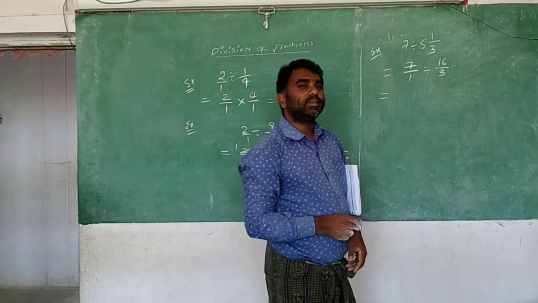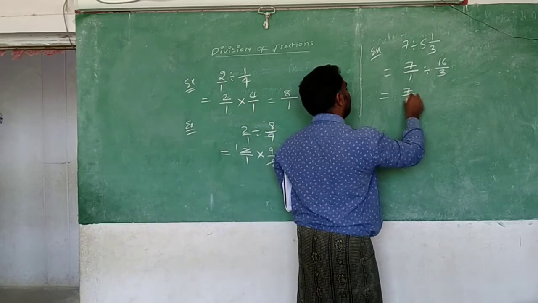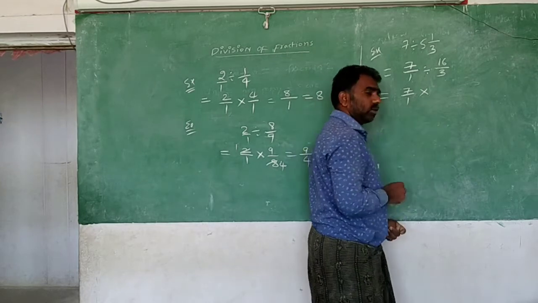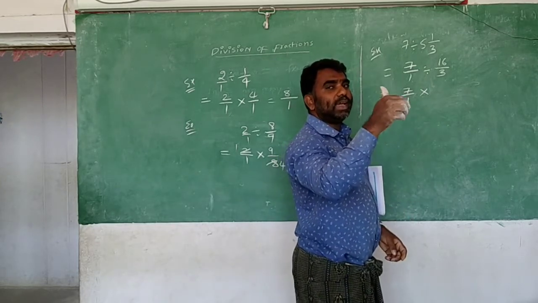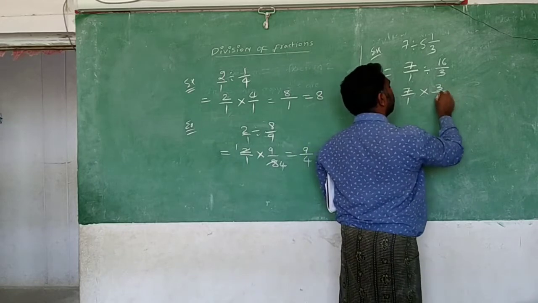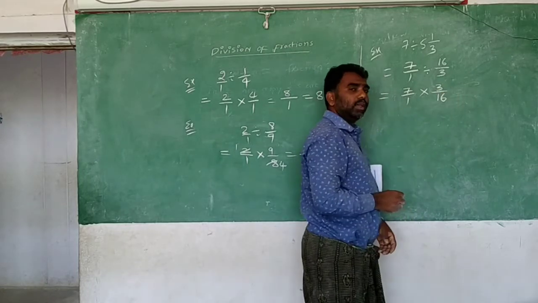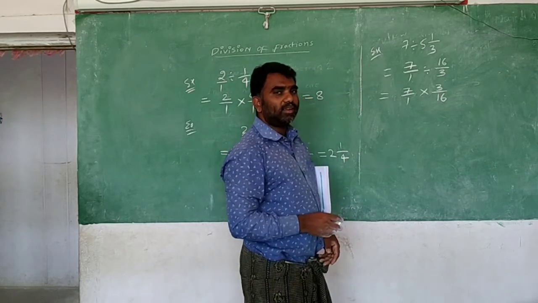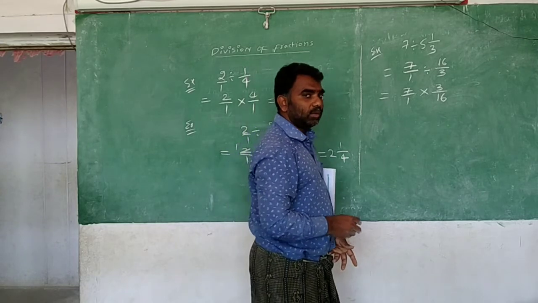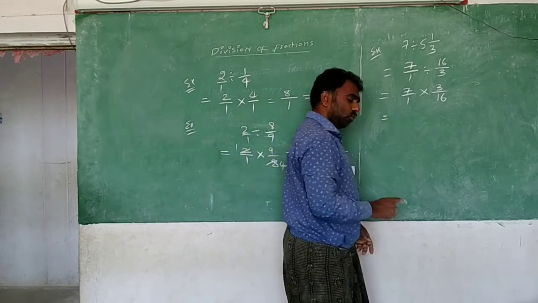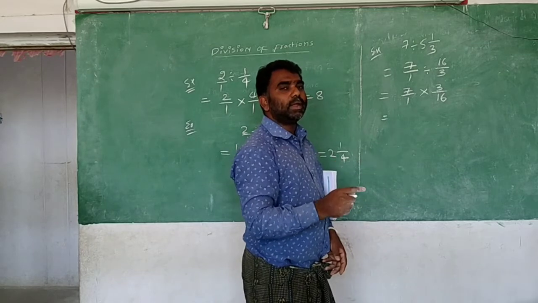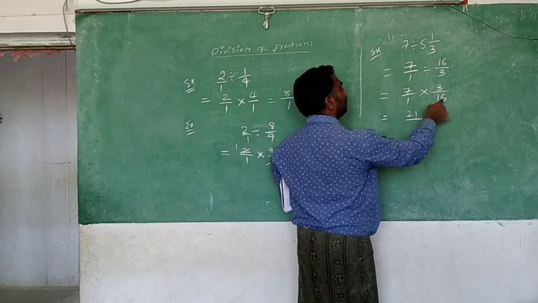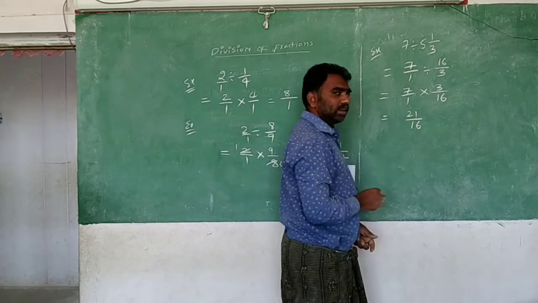How do you do the division? Yes, first fraction as it is, then division will become multiplication, and second fraction you will write as reciprocal, means it is 3 by 16. Okay, can you do anything here? Means any cancellation choice is there? No, no one are coming in same table. Then what should we do? We will multiply the numerators and multiply the denominators. So 7 3s are 21, 16 1s are 16.